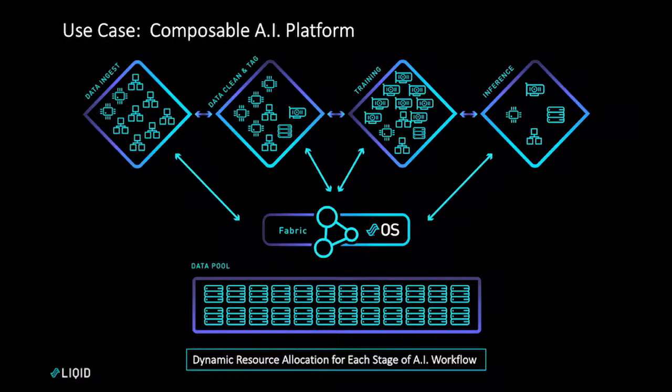AI starts with ingesting the data into your environment, and that's normally a network thing, right? Then we move on to the preparation of the data. This is the tagging, the cleaning, the scrubbing of the data, and that is normally a CPU intensive thing. And then we move on to what we call the training of the data, becoming intelligent on what the data means. And this is the big GPUs from guys like NVIDIA, 4 of them, 8 of them, 16 of them, as many as we can get in order to, what they say, reduce our training times. And then we move on to inference, which is yet a completely different hardware profile. And many times these are 4 separate servers and we're shuffling data between these different hardware profiles.